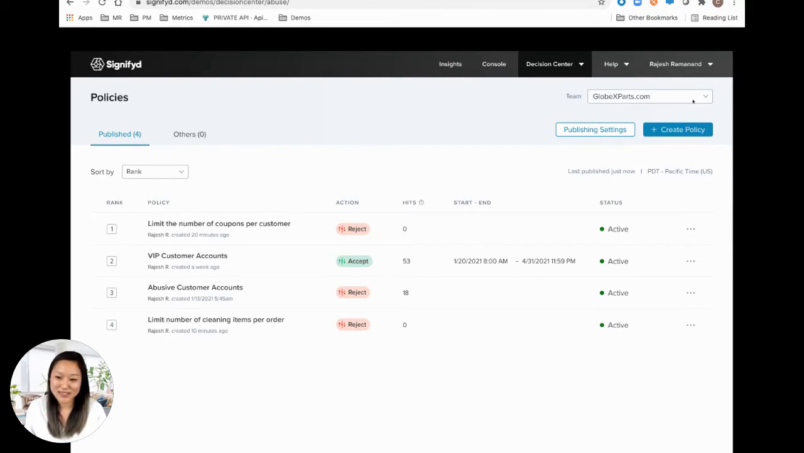So I hope that I didn't speed through this too much, as we were running a little short on time, but I hope you get a good understanding of what Decision Center would look like and how you would utilize Decision Center. So I'm going to go ahead and switch back so that we can have Sharon